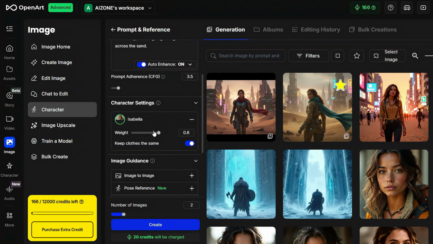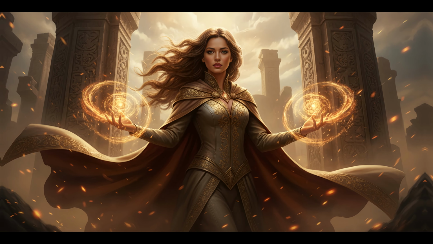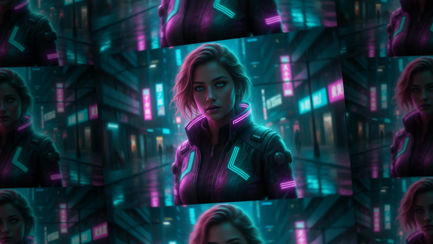By turning off the strictly keep key character features option, you unlock a flexible mode where your character can evolve while still remaining recognizable. Think of it like wardrobe changes in a movie. Same actor, new mood. Maybe she has longer hair for a fantasy scene or a modern jacket for a cyberpunk city. These controlled variations are extremely useful for storytelling because audiences connect more deeply when characters adapt to the world